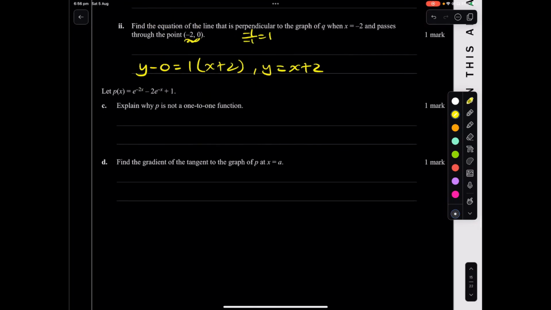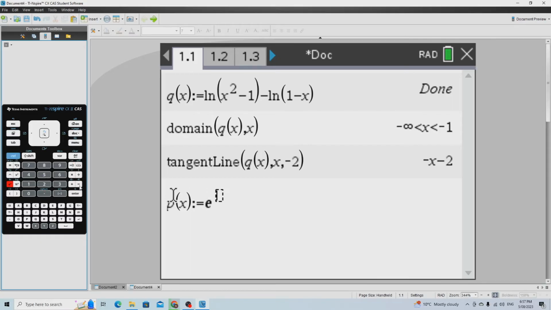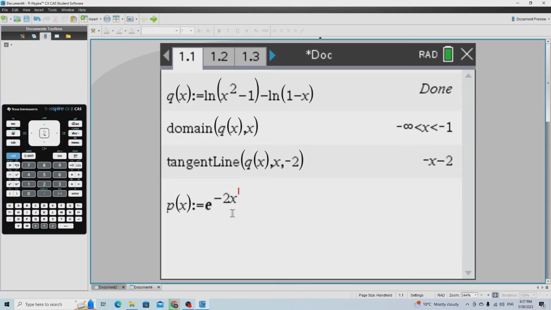Okay, p of x is this. Explain why p of x is not a one-to-one function. For the condition to be a one-to-one function, it has to meet the horizontal line test. For example, let's define p of x as e to the negative 2x minus 2e to the negative x